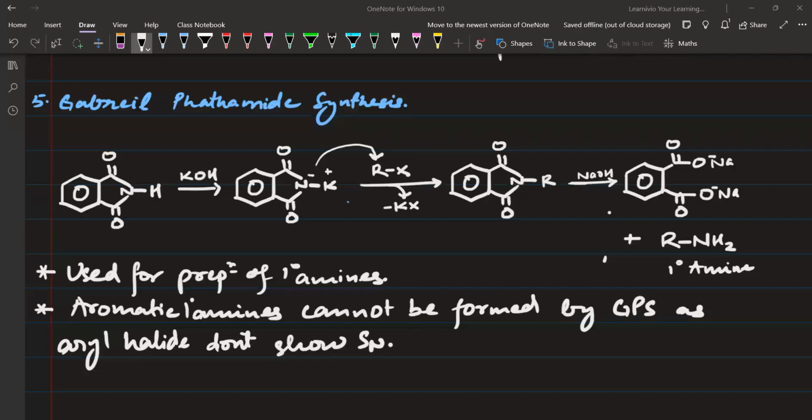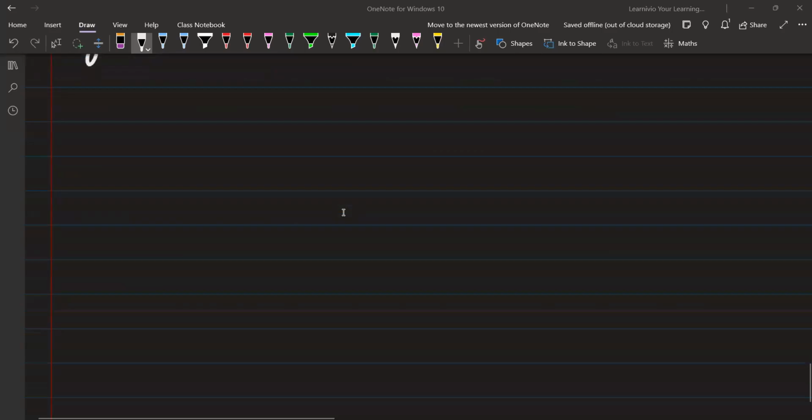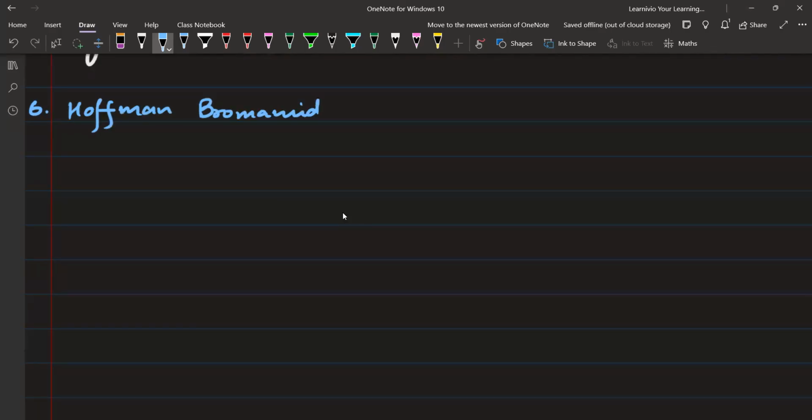Now, the last one is Hoffman bromide degradation. Hoffman bromide degradation क्या होता है इसमें? First thing is that R, जिसमें क्या क्या reagent रहेंगे, तो bromamide, you can see that that means we are obviously going to have an amide group,